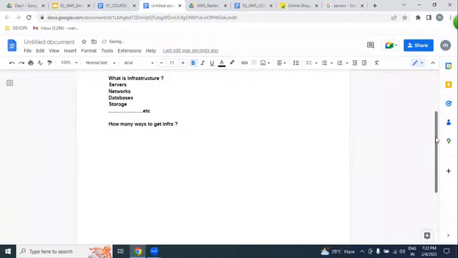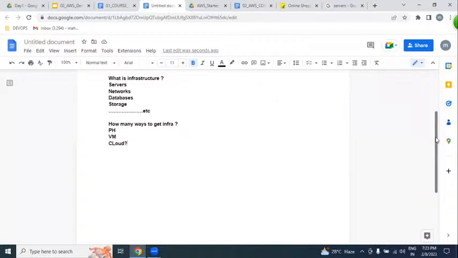We can get it in 3 ways in total. The first one is a physical environment, or a virtual environment, or a cloud environment. Either physically, virtually, or cloud environment. The server is the same, but the way of getting it is different.